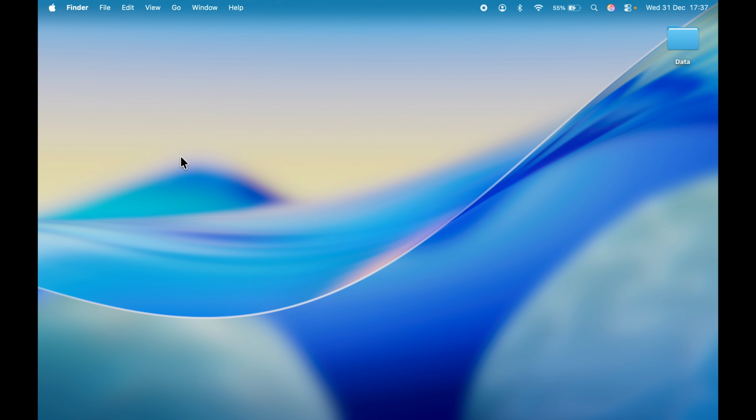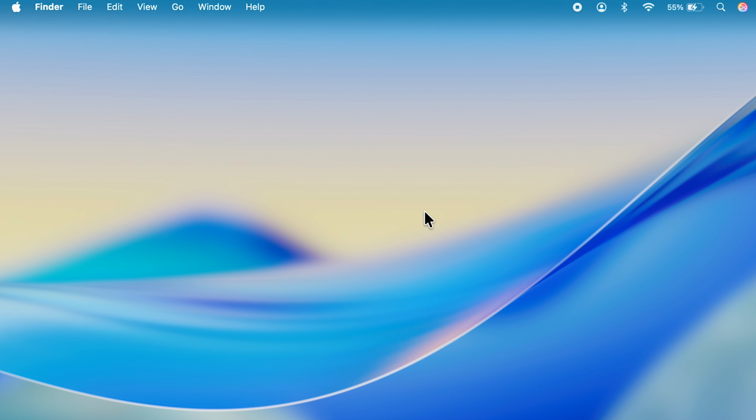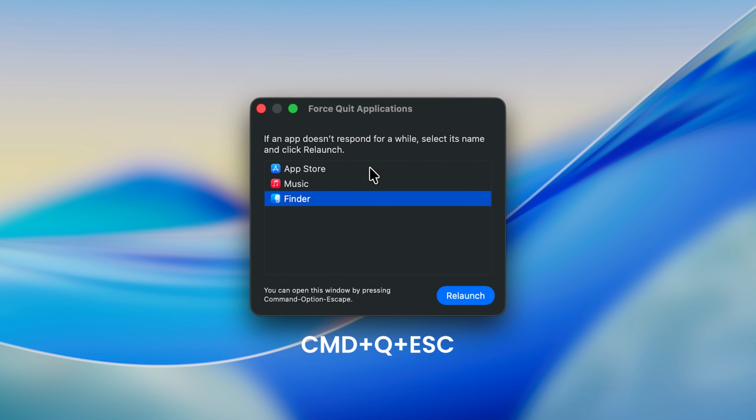Another way is, if you're not able to select the Apple logo like this and then go to the force quit option, then you can use a keyboard shortcut, which is if you press Command, Option and Escape, you can directly go to the force quit applications window. Once you open this window, if you want to close all the applications at once,